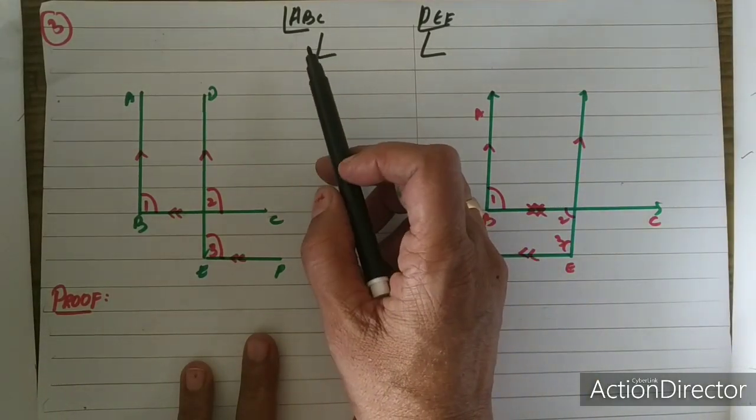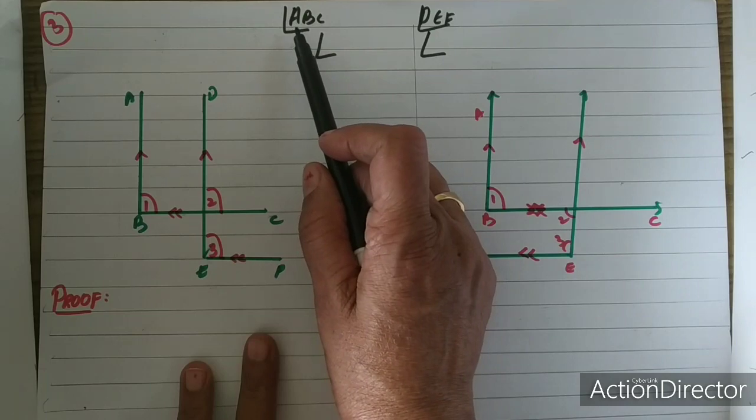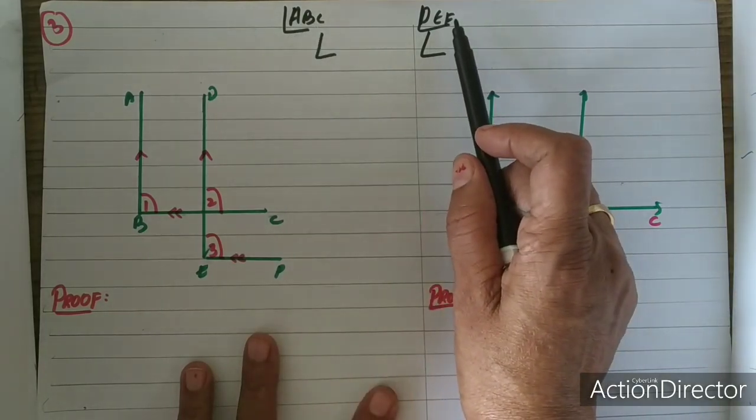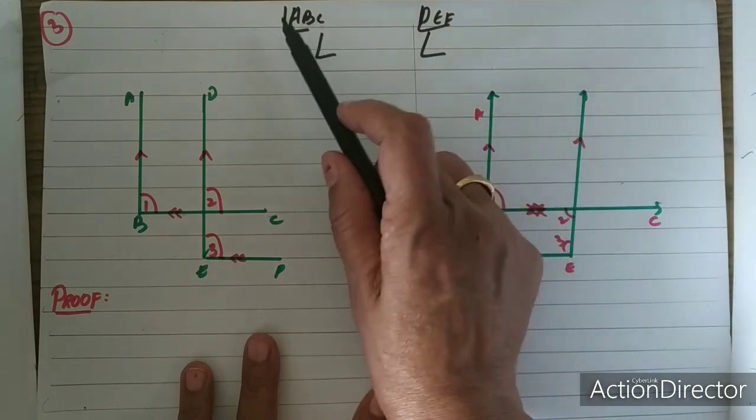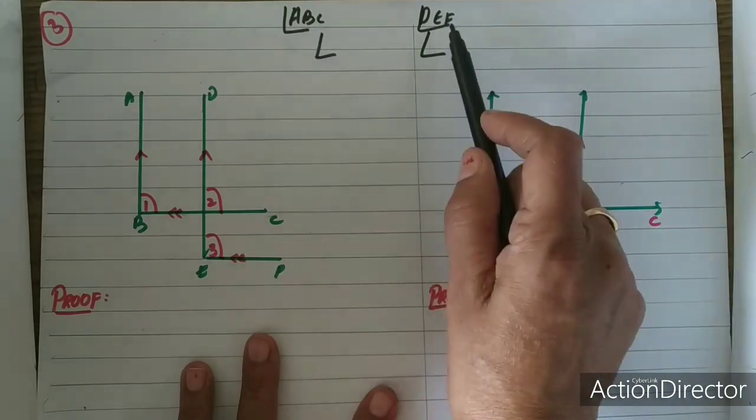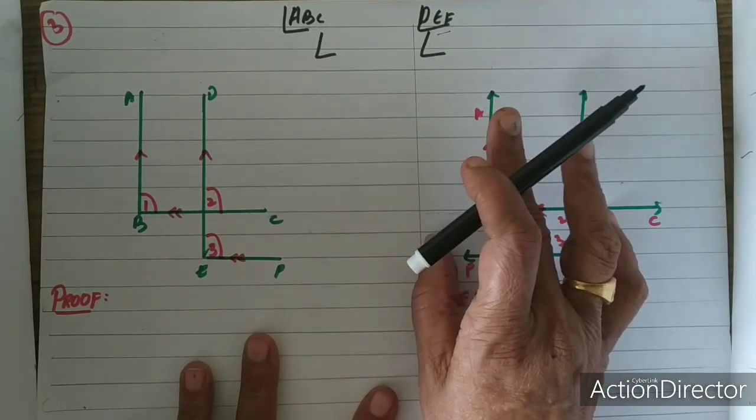We move on to the next question. Here in this case 2 angles are given. Let us take one angle to be angle ABC and the second angle to be angle DEF. And also it is given that the arms of the one angle, that is AB, is parallel to DE and BC is parallel to EF. This is the condition given in the question.